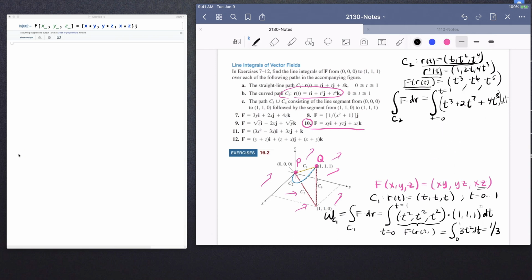Let's go ahead and evaluate that integral. So we'll get t to the fourth over 4 plus 2t to the eighth over 8 plus 4t to the ninth over 9. Evaluating from 0 to 1, so that'd be 1/4 plus 2 eighths plus 4 ninths, which,